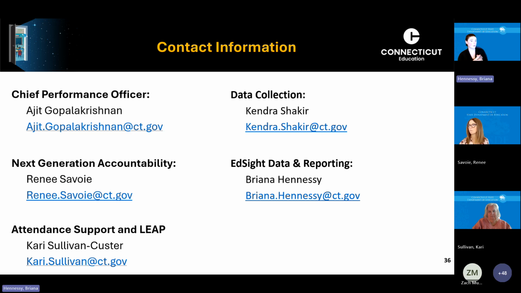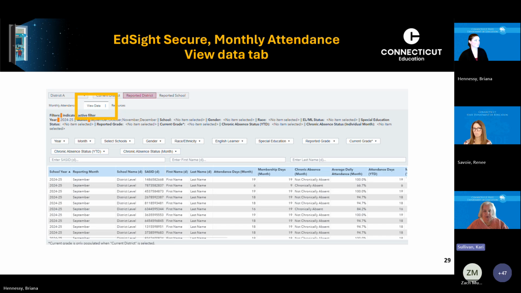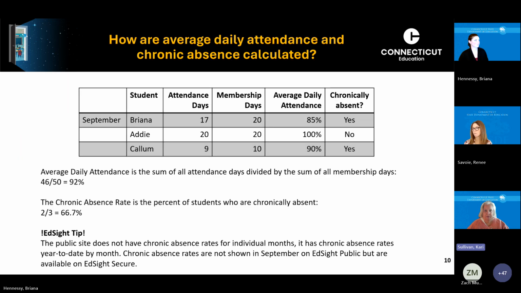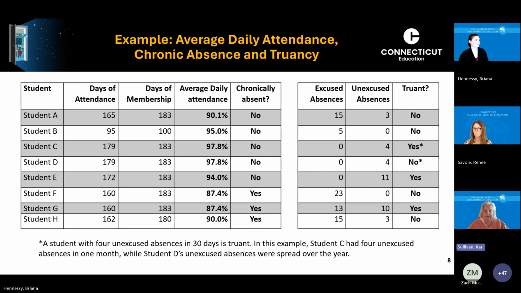If everyone is doing it their own way, using their own codes, are we getting accurate and reliable data statewide for attendance information? Yeah, I think everyone is doing the best they can. So what Connecticut, the State Department of Education, I feel like I'm stepping in for Kendra, but we collect the numbers of days in membership and the number of days in attendance. That's what we collect. The codes are done at a local level through your PowerSchool or your PSIS system, whichever system you're using. Some schools do excused, some schools do verified, but we only collect the number of days in attendance and number of days of membership.